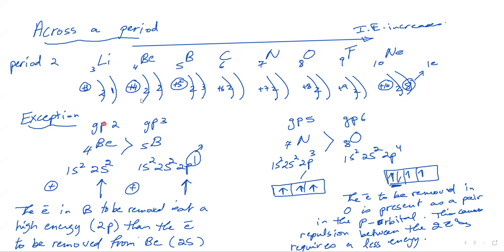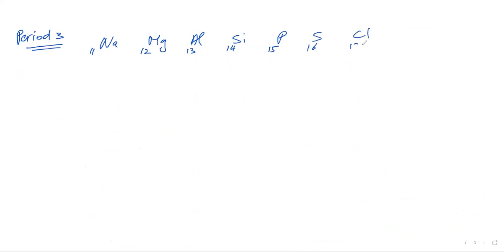Of course, the same trend happens in any element present in group 2 and group 3, and any elements present in groups 5 or 6. And if we take, for example, period 3, we have sodium, magnesium, aluminium, silicon, phosphorus, sulfur, chlorine, and argon. We'll see the same trend happening. As a general trend, the first ionization energy increases across the period, but between magnesium and aluminium, we'll see that magnesium has a greater first ionization energy compared to aluminium,